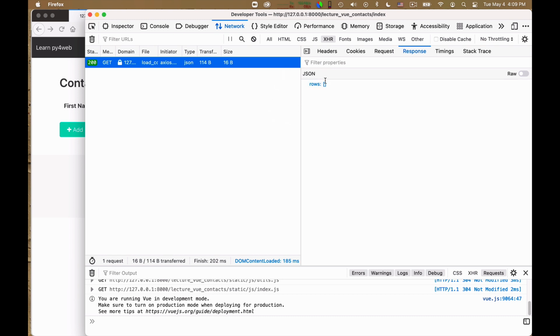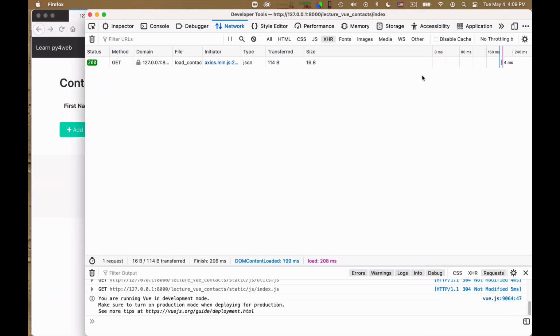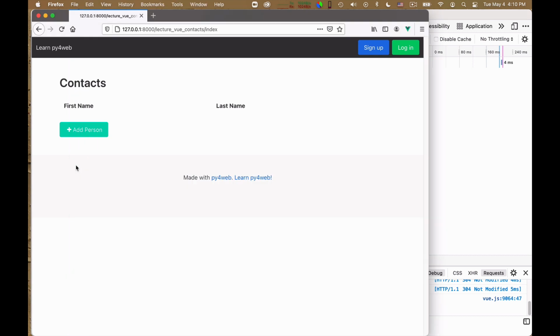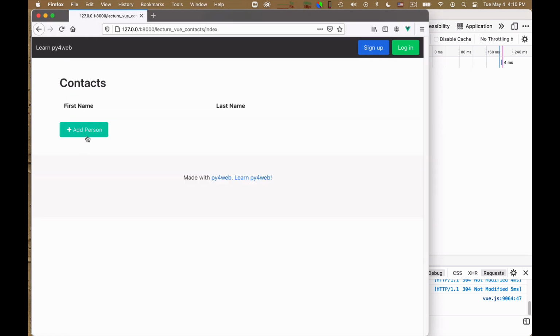But this gives me already a lot of information, right? I know that actually my callback to the server works and returns an empty list, and so this is already progress. The other thing I can do is click on the add person button, and then I can cancel, and I can see that this toggling works.